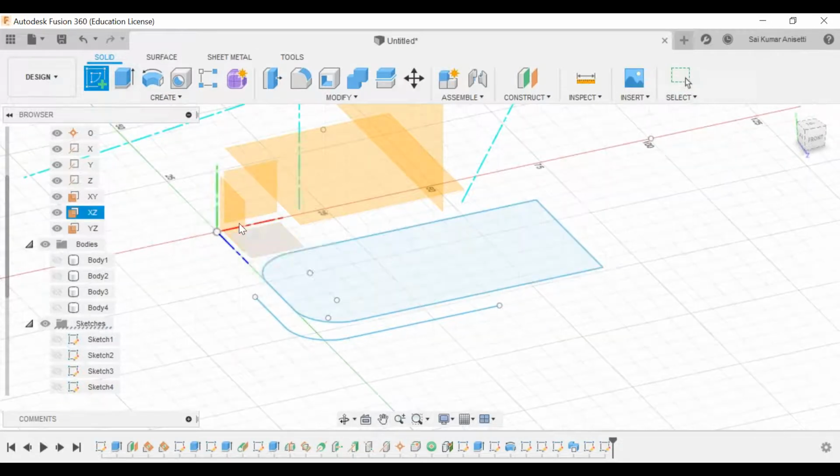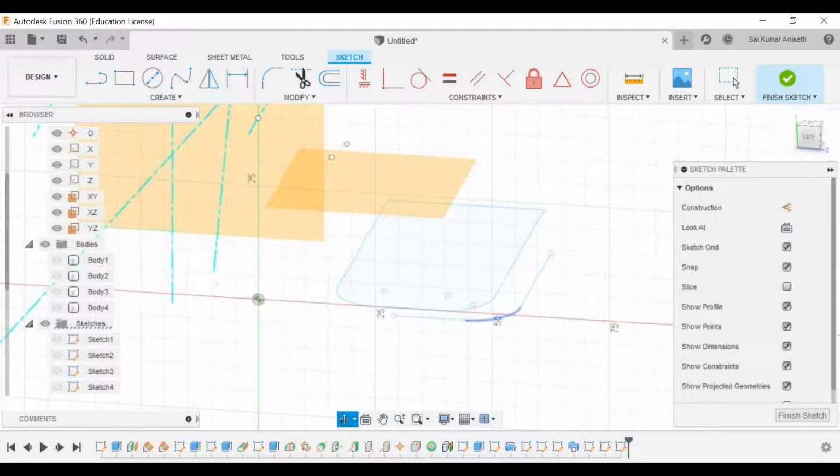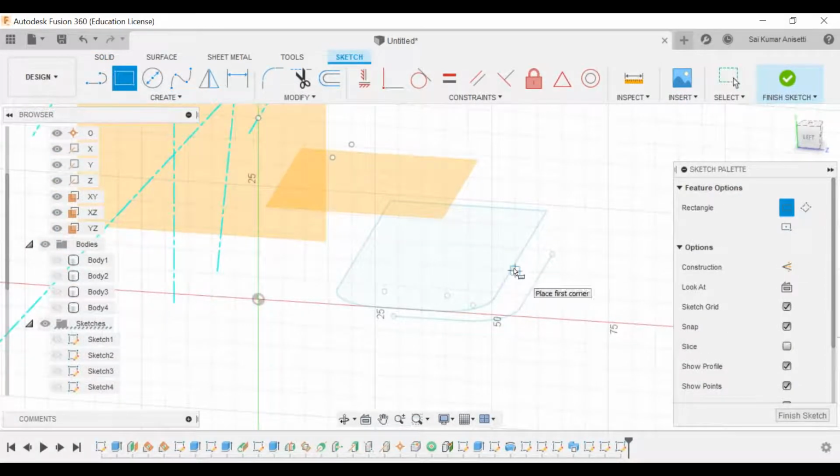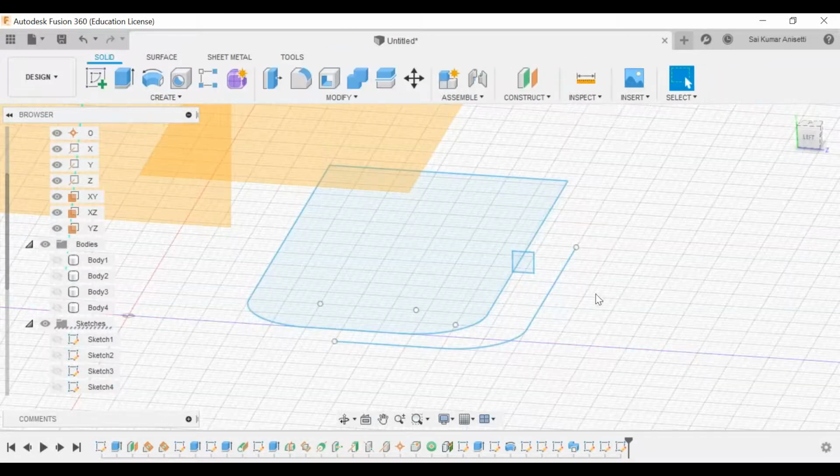Now I'll select a plane and I'll draw my profile. Let me draw a simple rectangular profile. Finish sketch.